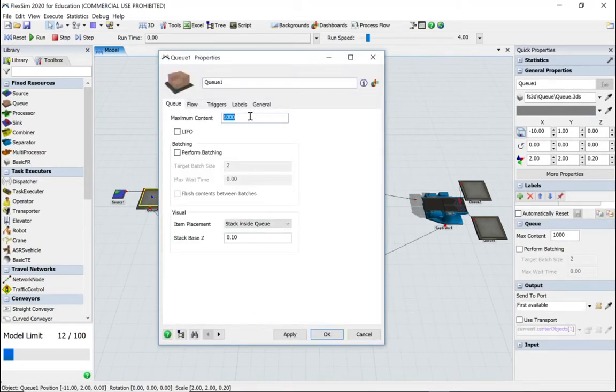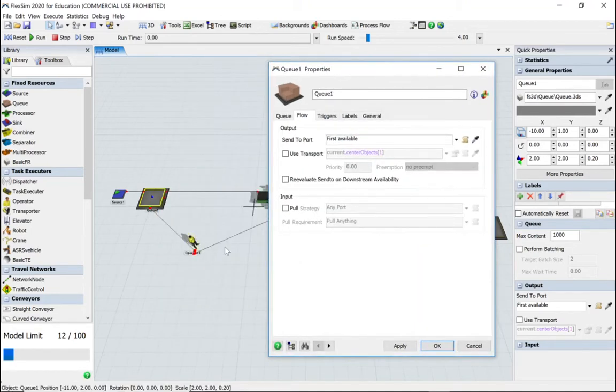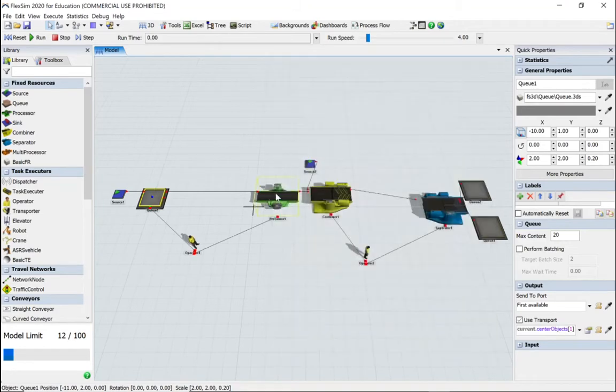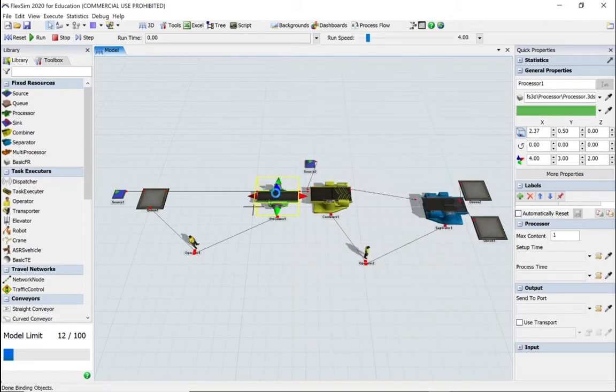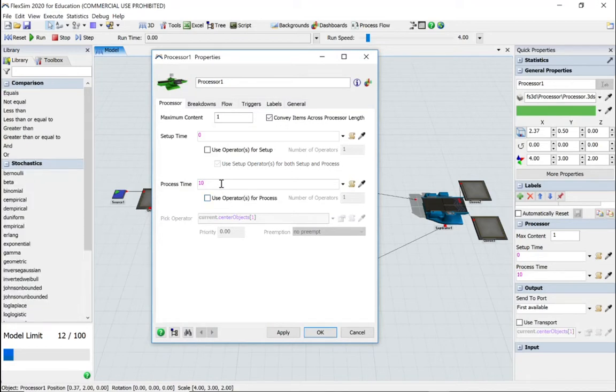Maximum content is going to be 20. And we know we've connected the operator, so we've got a center port connection, so we're going to use that. Apply. Okay. Let's go to the processor now and change the processor time to 15,